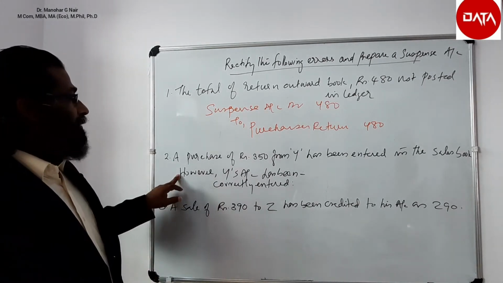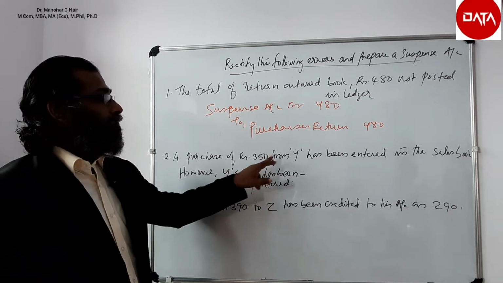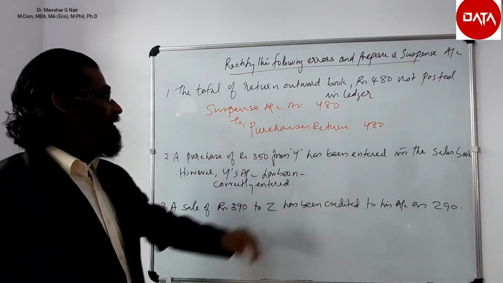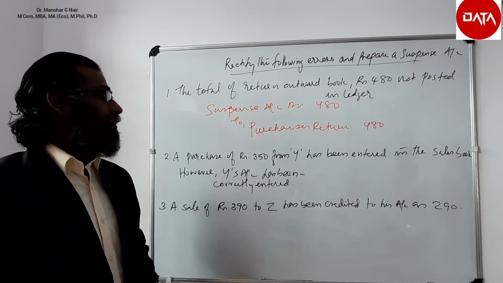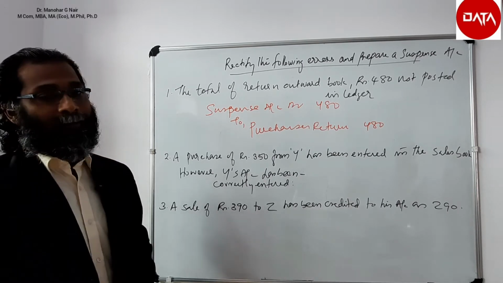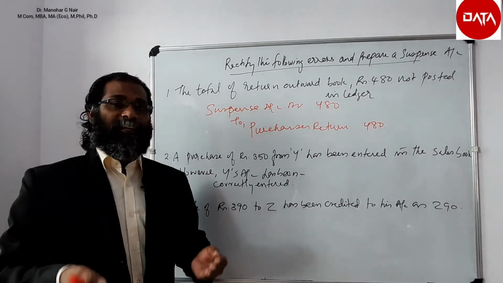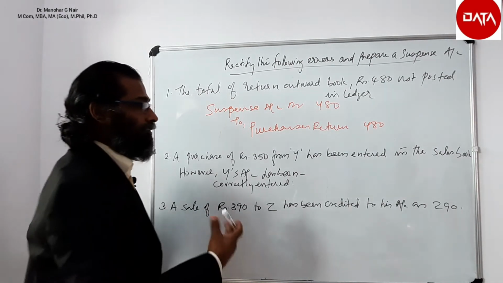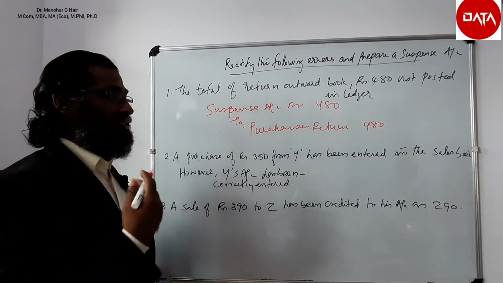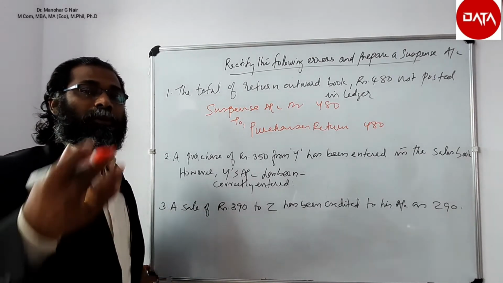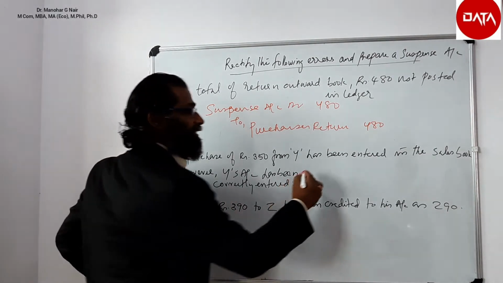The next question is a purchase of 350 from Y has been entered in the sales book. However, Y's account has been correctly entered. So instead of writing in the purchases book, it is written in the sales day book. So we have to cancel the sales and we have to initiate purchases. So the journal entry will be